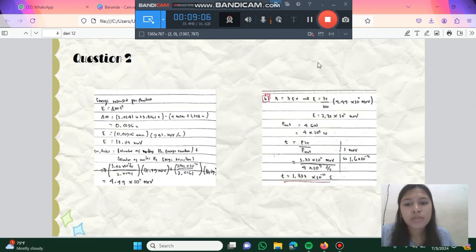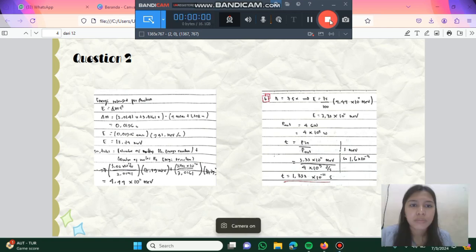The next is energy release per reaction. So the formula is E is equal to delta m c squared. So delta m is equal to 0 times 196 U, and E is 16 times 74 MeV. So the total, with the formula, is number of moles of H2 times energy per reaction plus number of moles of H3 times energy per reaction. So we can get it. The final is 4 times 44 times 10 to the power of